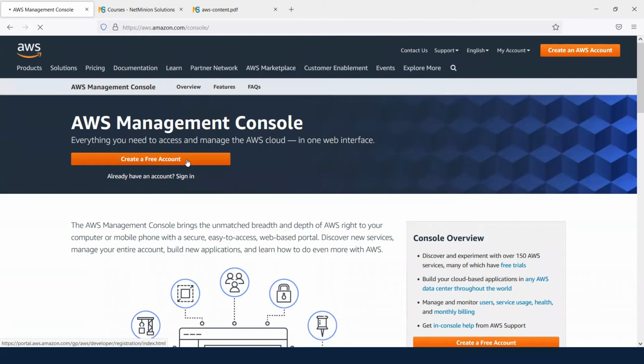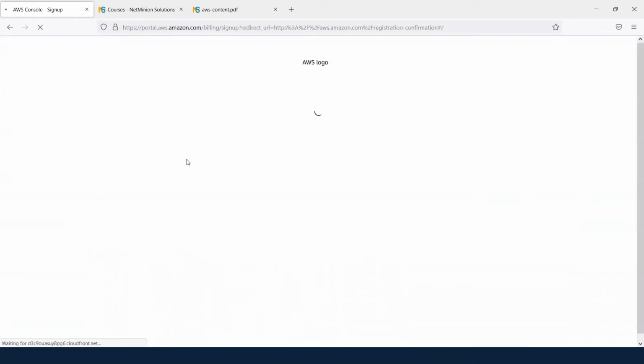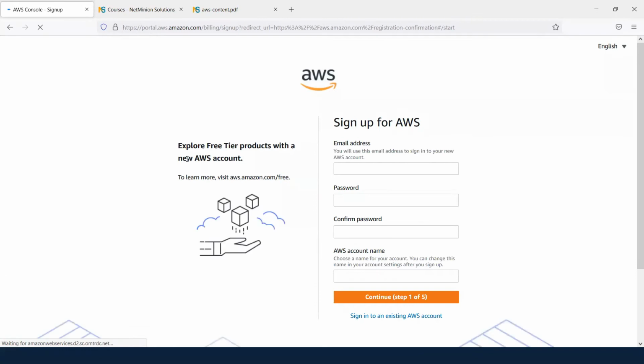When you click on create a free account, it is going to ask you for a few details and payment information. You would pay via debit card or credit card. This would deduct ₹2 when you give your payment information, and within 24 hours it is going to be returned as well. Here you need to provide your basic information, your email address, password, confirm password, and click on next step. It is very simple to create the account.